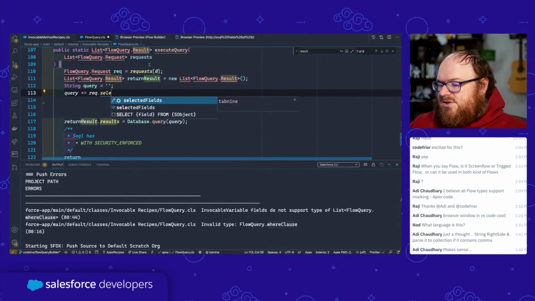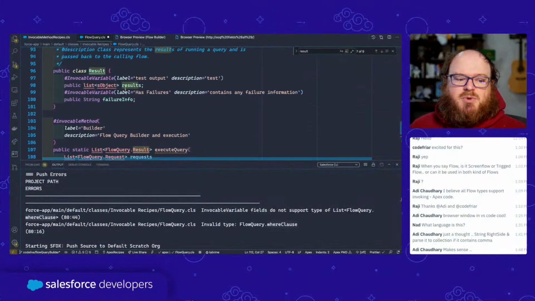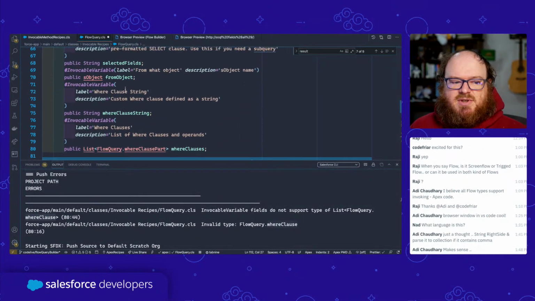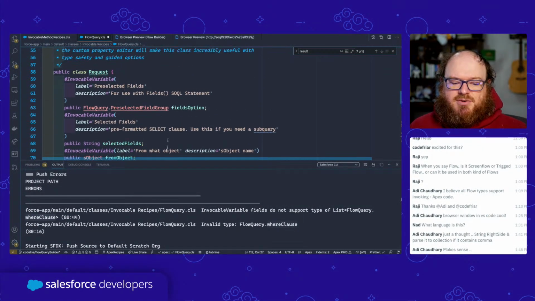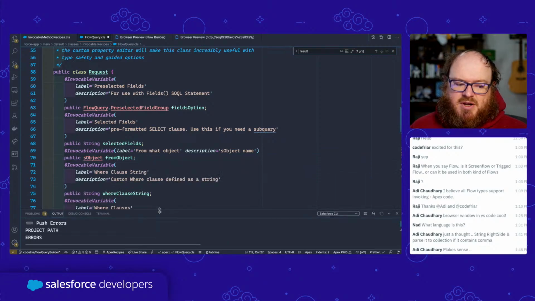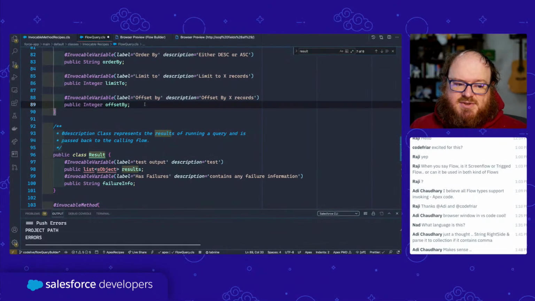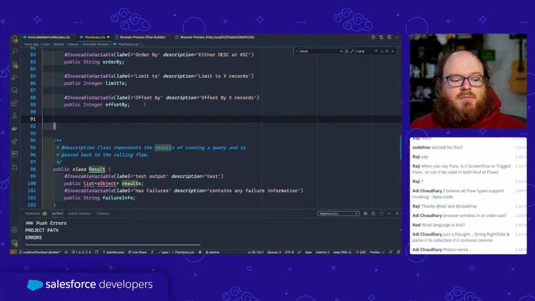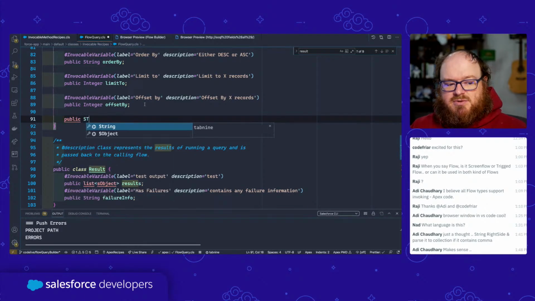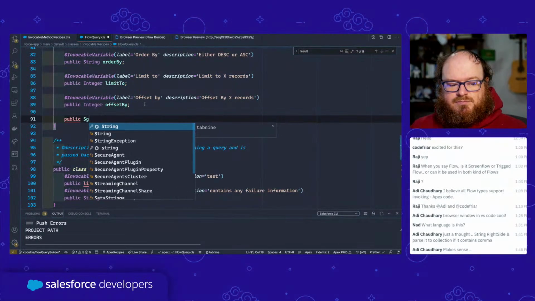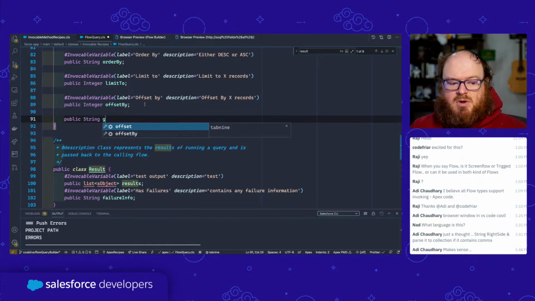So my intention is to make the flow builder as dumb as possible, and we're going to have methods in our request class here that are going to be able to do this for us. So I'm going to create on our request class a public string get select clause,